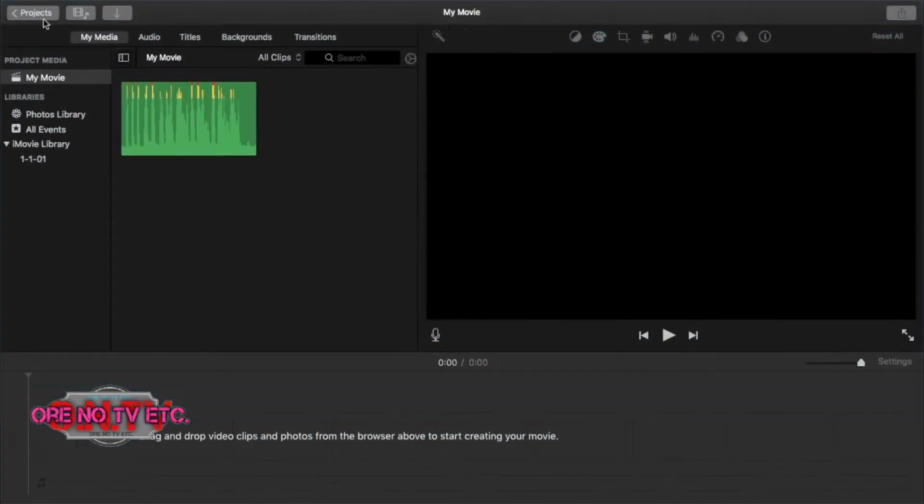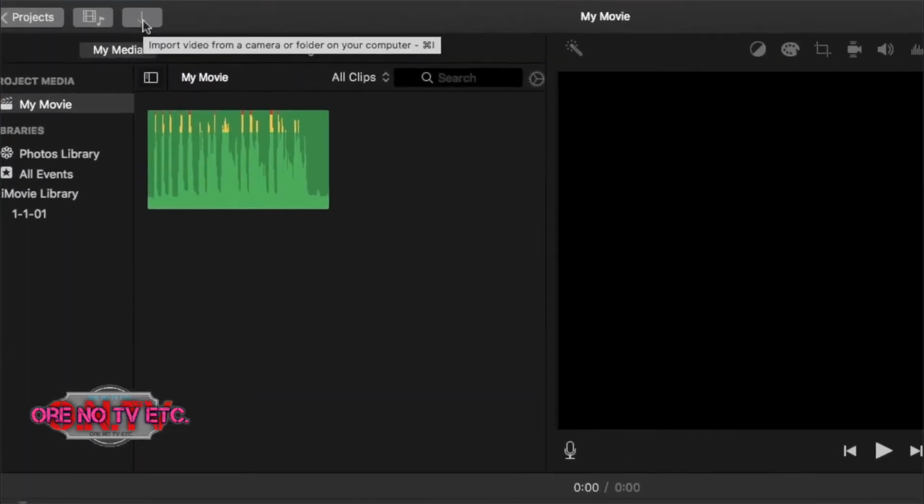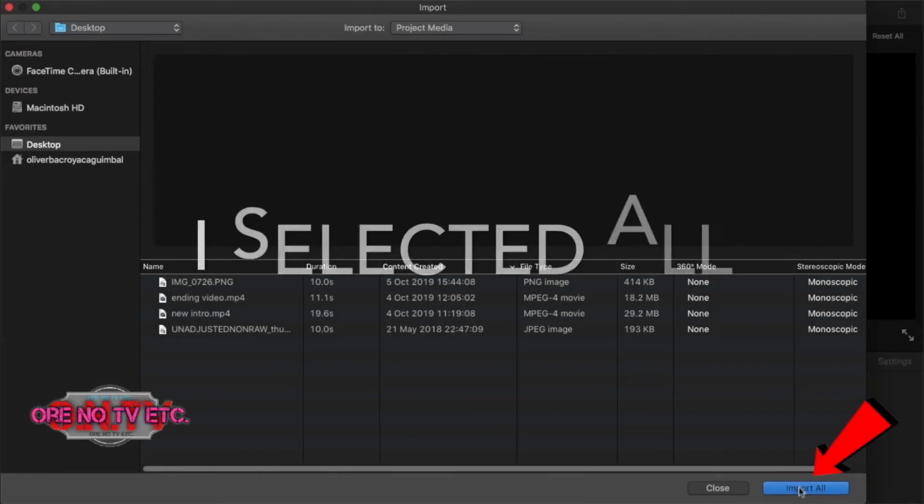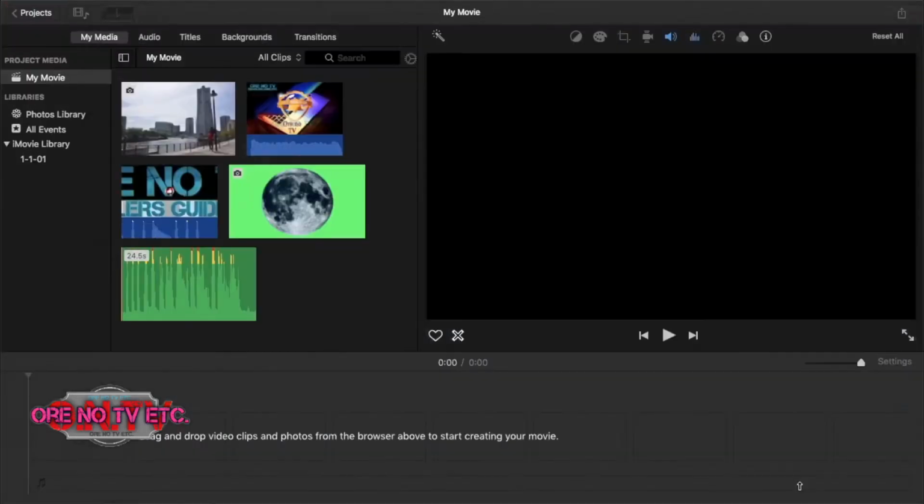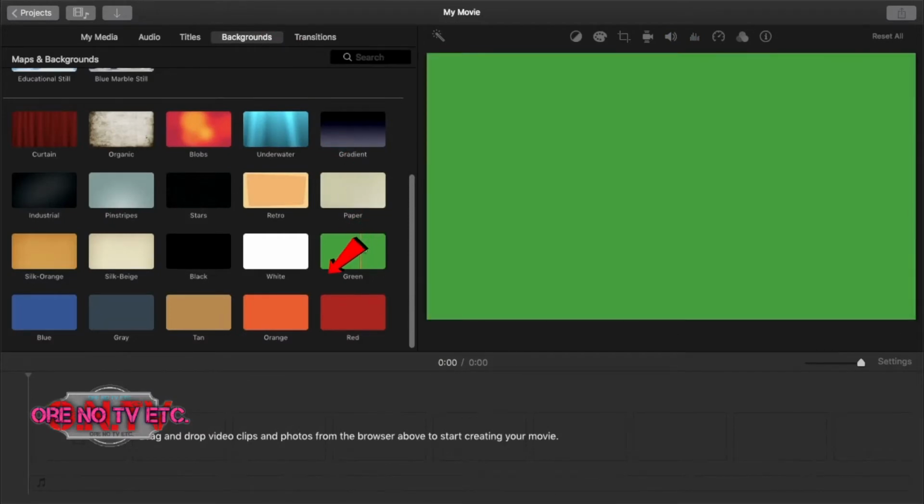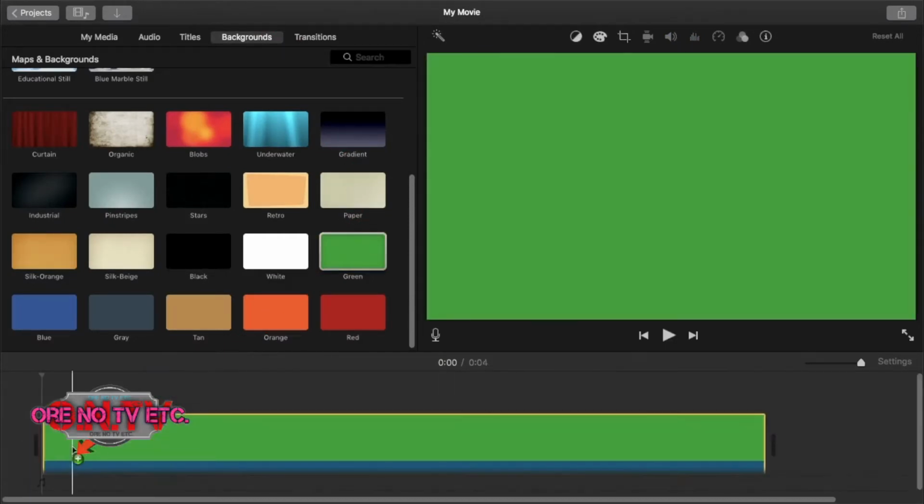First of all, we need to open the iMovie application and then go to import. Select your preferred video or pictures you want to edit. Select background and then click plain green background. Drag it here